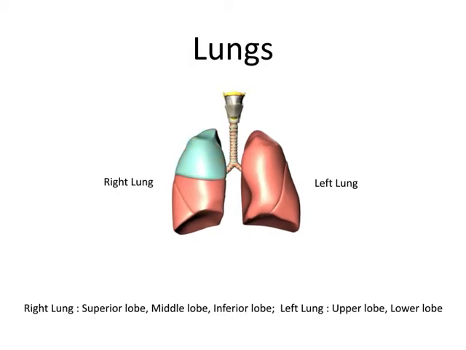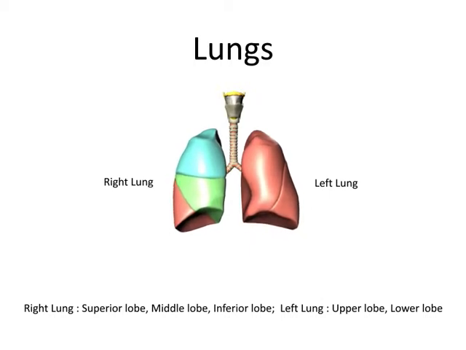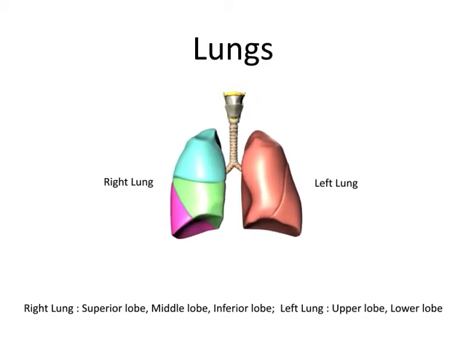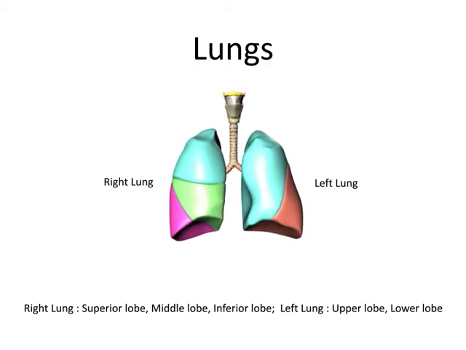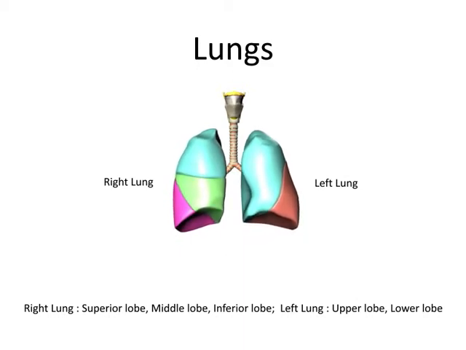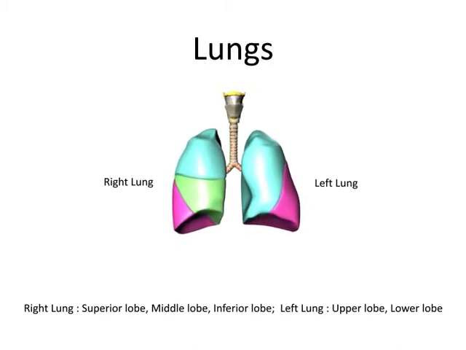Each lung is divided into lobes. The right lung has got 3 lobes, and the topmost lobe on the right side of Sam is the superior lobe, which is highlighted in blue color, and the middle lobe in the green color, and the inferior lobe is represented in pink color. The left lung has got only 2 lobes, primarily because it needs more space to accommodate the heart. The upper lobe is highlighted again in the light blue color, and the lower lobe is highlighted in the pink color.